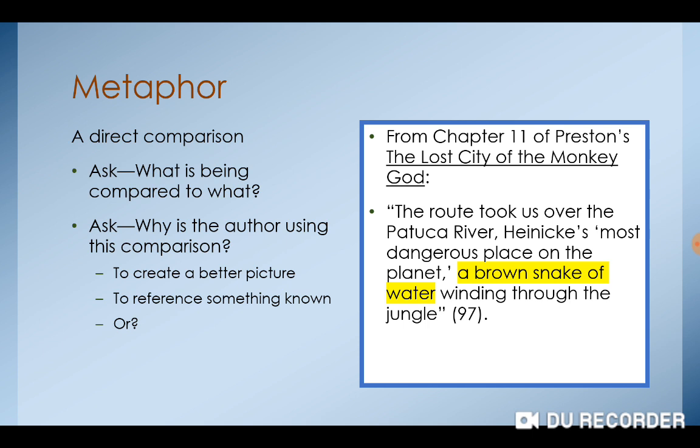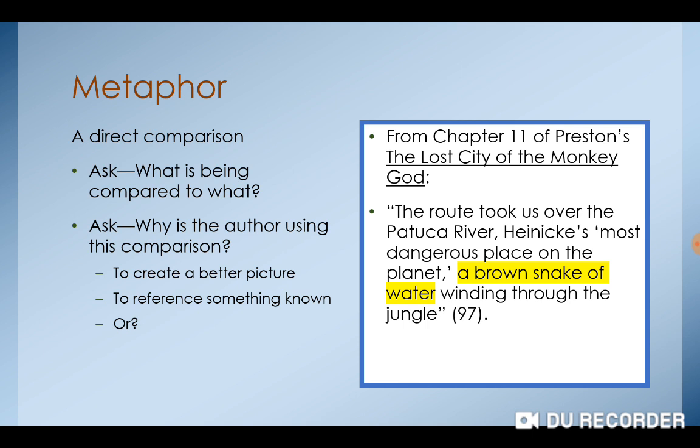So the first thing you're supposed to do when you find a metaphor, to see whether it's a metaphor or a simile, is see if it's direct. Again, similes use like or as; metaphors don't. That's why it's "she is the wind when she runs." It's a direct comparison. You're calling her the wind, okay?